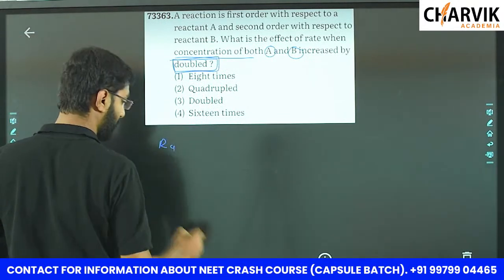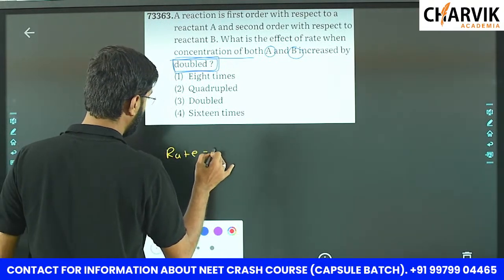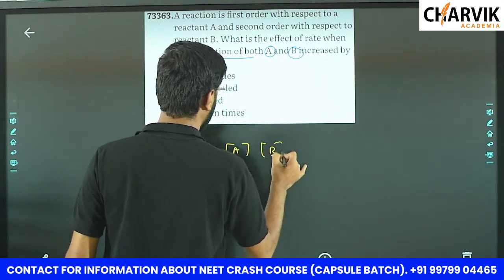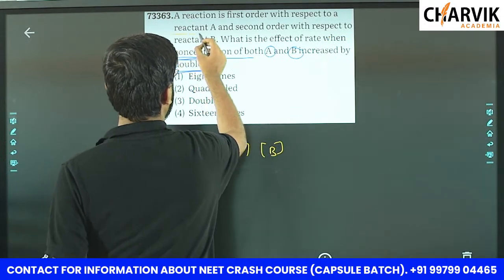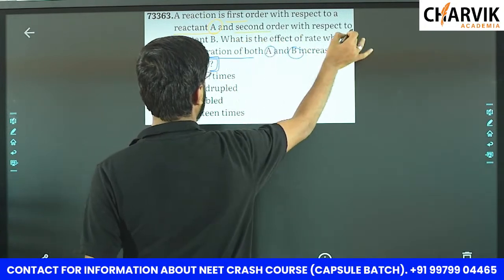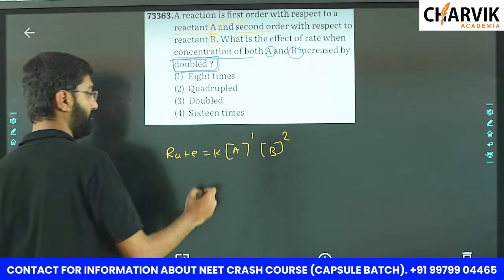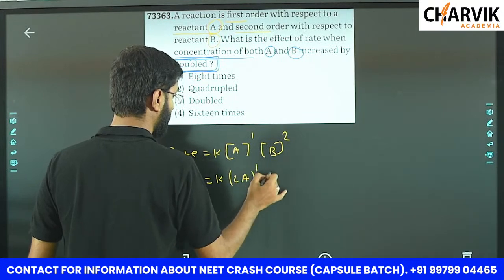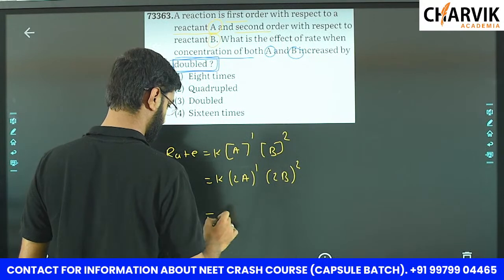Rate is equal to K into A and B. First order with respect to A and second order with respect to B. So if concentration is 2A and 2B raised to 2, you will get